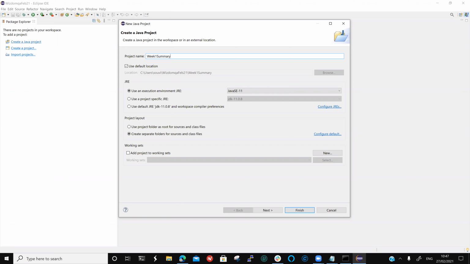Week 1 summary. Okay, and you can see that it's asking me a few options. For example, in my system, I have JDK 11 installed. So it is asking me whether I'm happy to use JDK 11 for this project or not. If I'm not, then I can probably use a specific